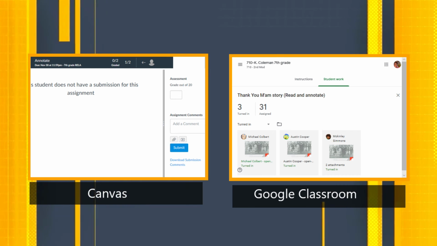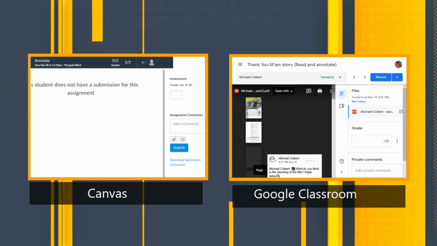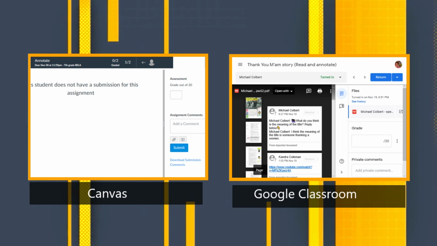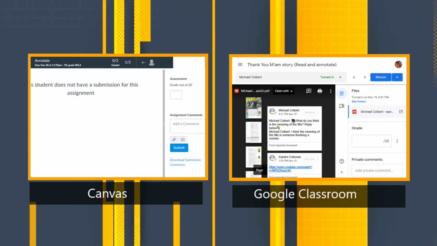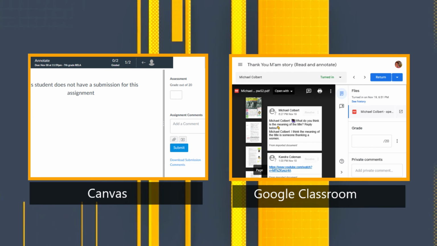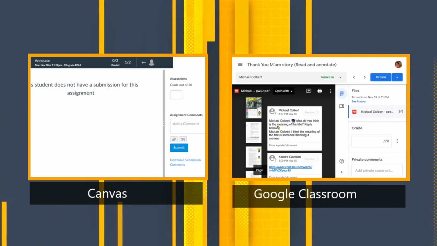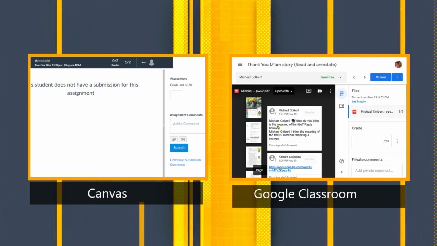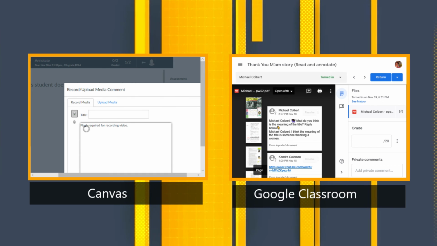So as with Google Classroom, you can put your points, you can add a comment. Also with Canvas, you can attach something. For instance, if I had another document that I needed to attach to this assignment to help the student, I could do that here. Also, I could do a video